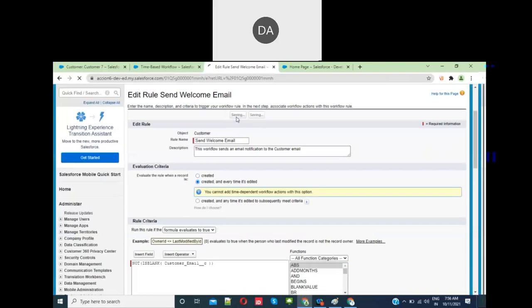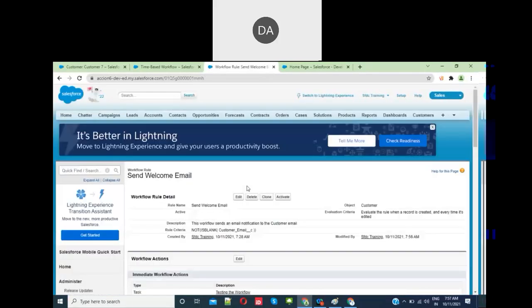Okay. So what is the second option? Created and every time it's edited means when a record is created or edited, then automatically this workflow rule will trigger. And then the condition comes. The condition should be true. Now let's say